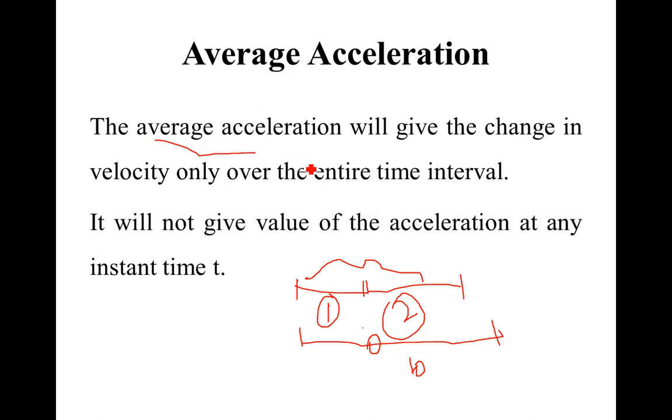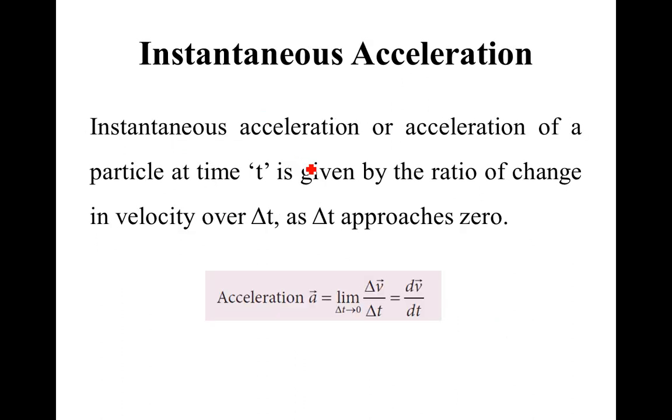If you go for one particular instant of time, then it is called instantaneous acceleration. As I've already told you in the velocity case, if the term instantaneous comes, you have to go for del t approaches 0 or tends to 0. So acceleration is velocity by time. You have to go for the del t value tends to 0, which is my instantaneous acceleration. That is acceleration at a particular time t.